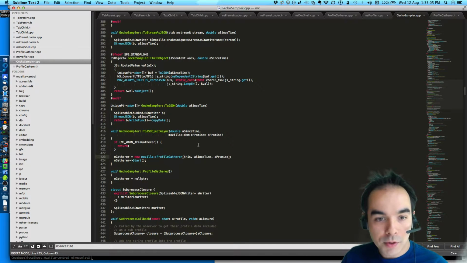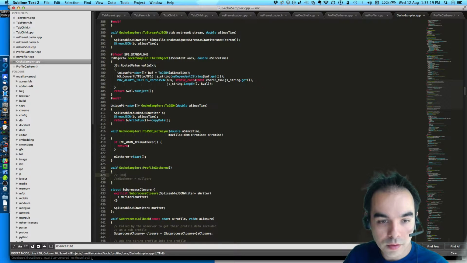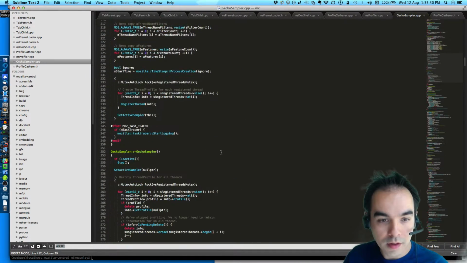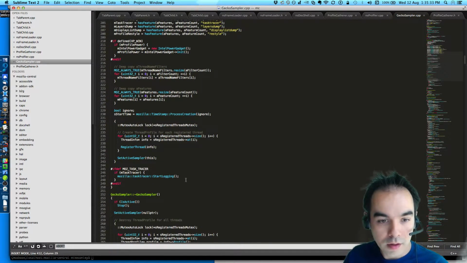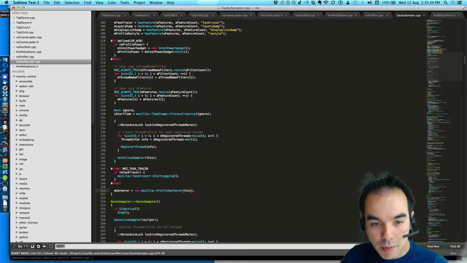Okay, so now the Gecko sampler doesn't need to be created here. And we don't necessarily need to clear this out. So then during construction, mGatherer, and then we pass it this, so that they are bound to one another.